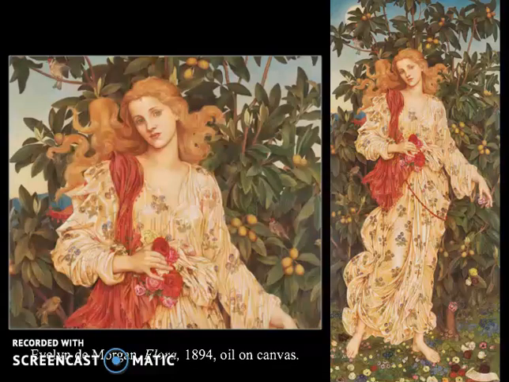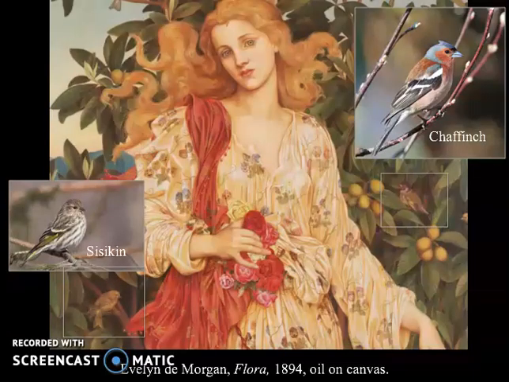Okay, this last work of Pre-Raphaelite art is one I just want to show you briefly, by Evelyn de Morgan, Flora from 1895. And it has this very gorgeous depiction of the mythological figure of Flora, the Roman goddess of flowers, often associated with spring. And here she is in front of a nespola or loquat tree that bears fruit in the spring. And what's great about this painting is that you can tell every bird that she represented. So here are the chaffinch and the siskin represented in the trees,